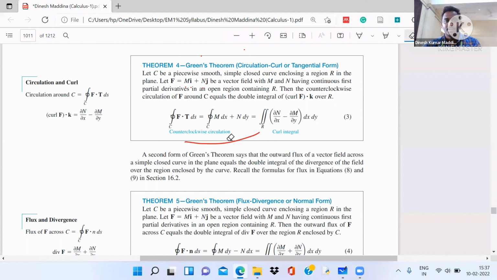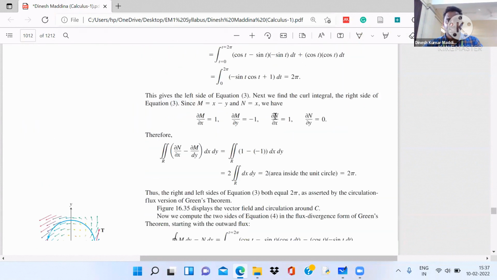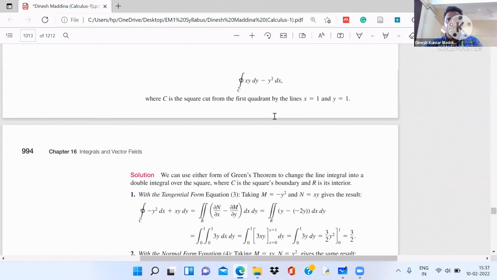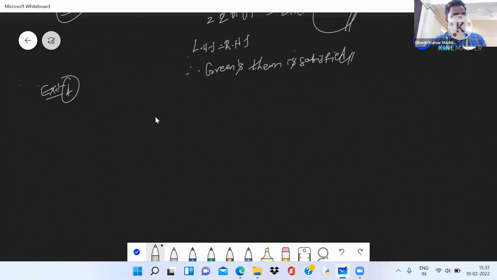So now I will go. This problem is, okay, Example number 4. Okay, they given that Green's theorem